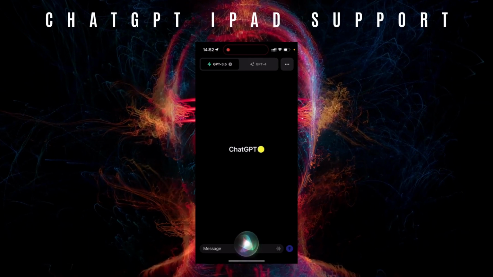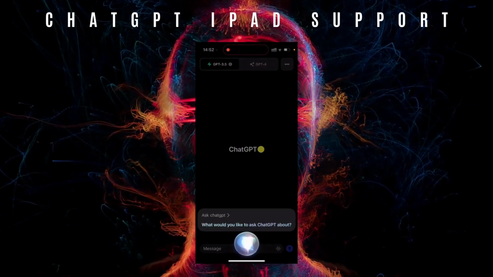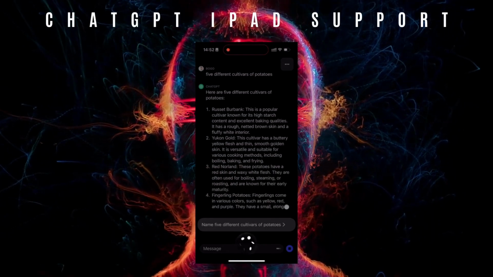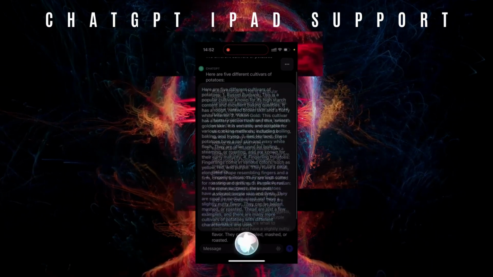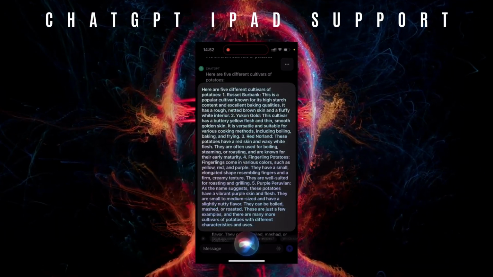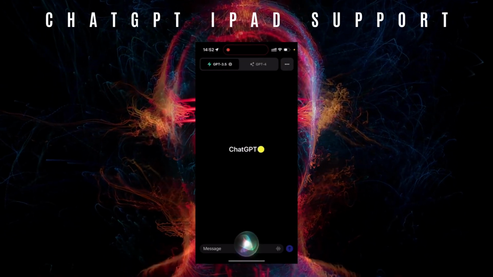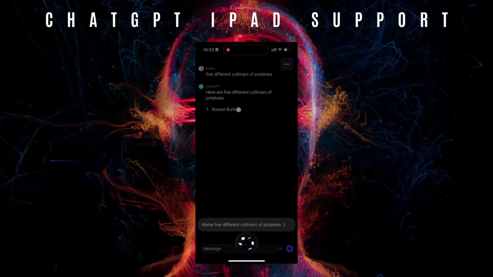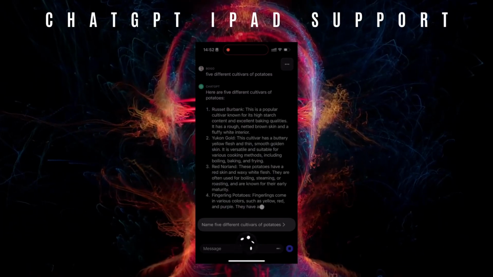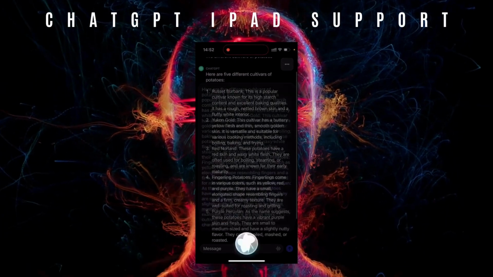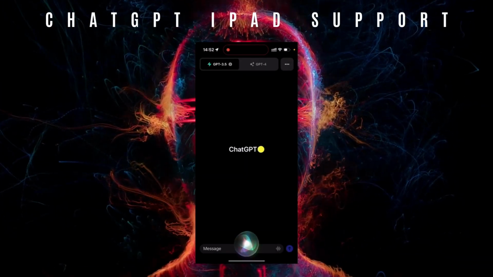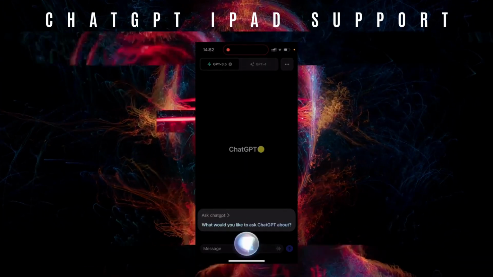OpenAI has rolled out an update for ChatGPT on iPad, introducing optimizations for a full-screen experience and incorporating new functionalities. In addition to the full-screen display feature, ChatGPT on all iOS devices now supports drag-and-drop functionality, simplifying the process of transferring messages to other applications. Furthermore, a notable enhancement is the ability for users to summon ChatGPT using Siri, and seamlessly integrate it with Apple's